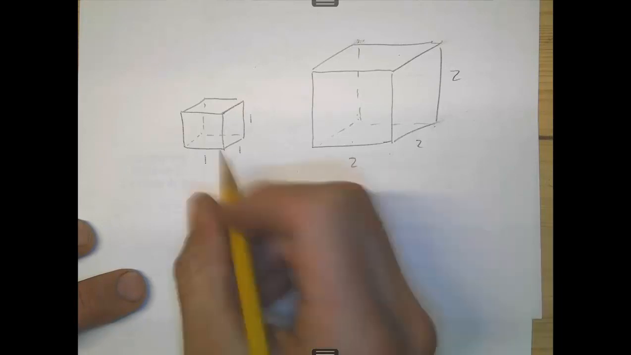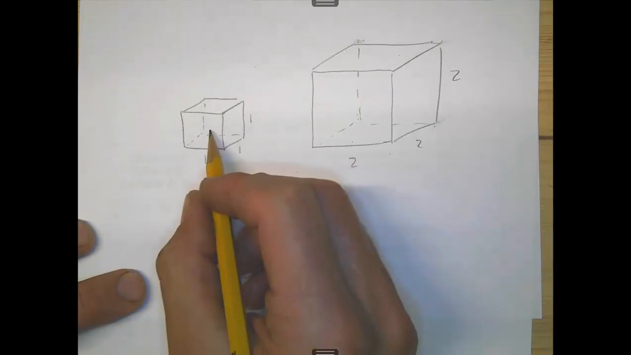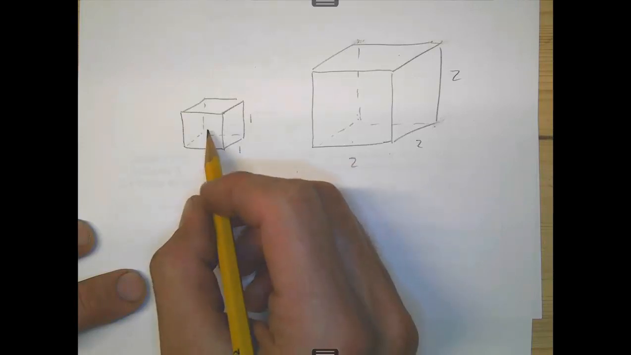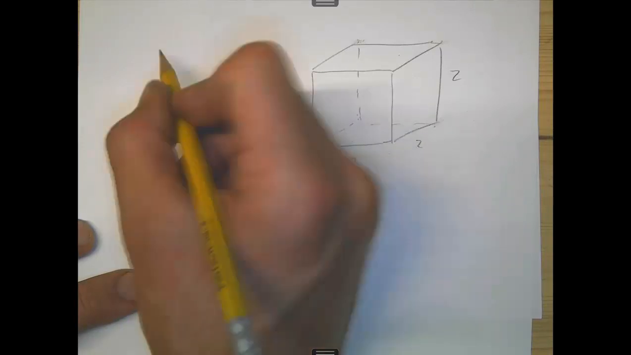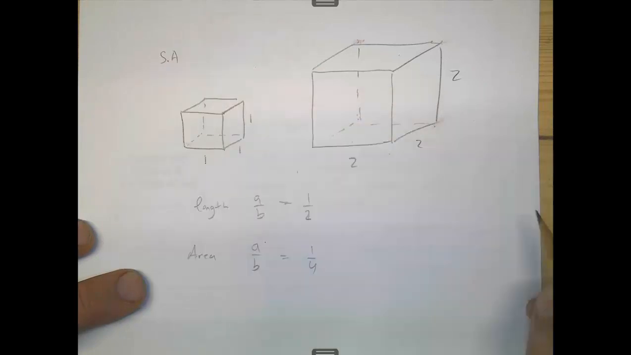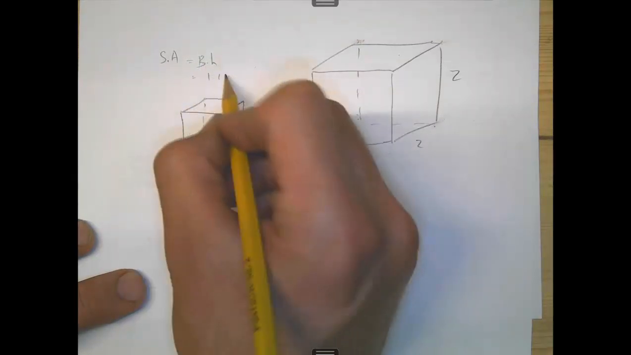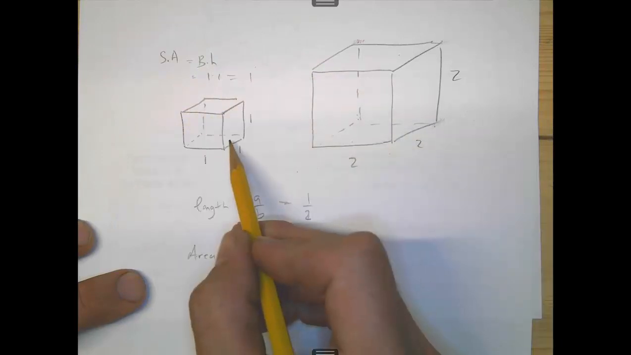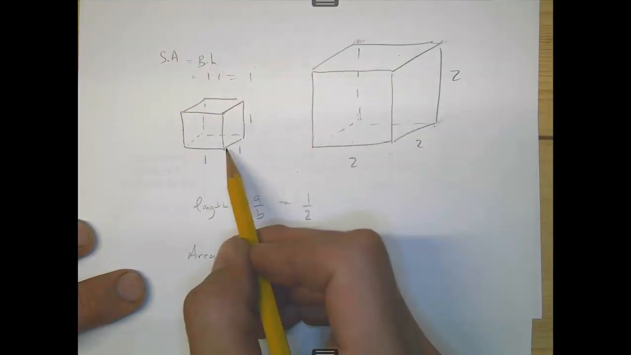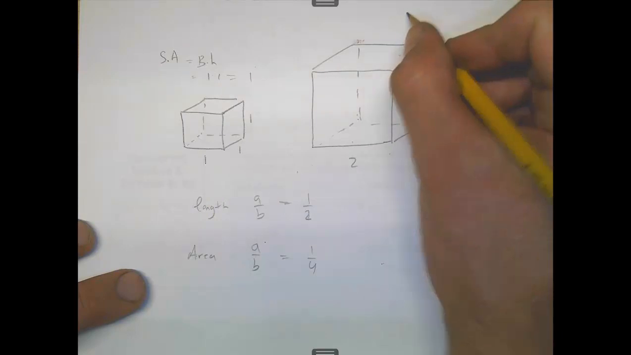And you can see that because if you look at the surface area of this figure, we can just add up all the sides, or we can do our surface area formula. Our surface area is area of the base times the height. Area of the base is 1, and the height is 1, so our surface area of this object is just 1. Now, the surface area of this one, the bigger one, I'll do it right here,